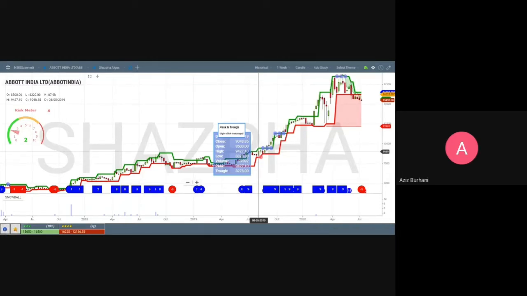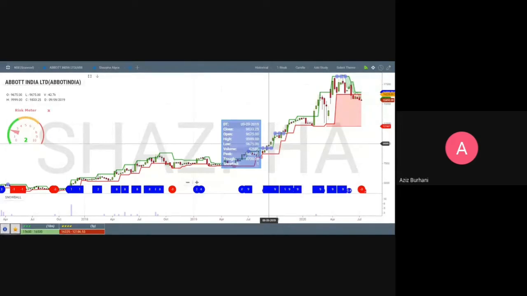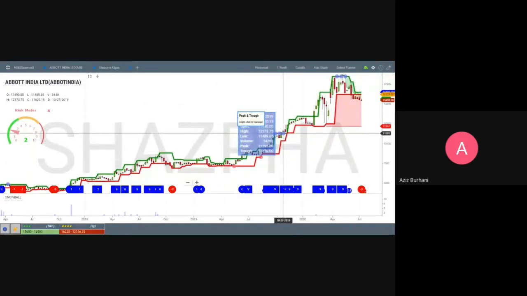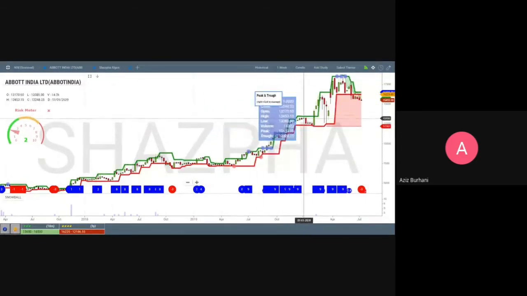So what happens is, from 7160, now this is what we mean by stop loss updation. You update your stop loss to 8278. It does not break. It goes higher to 8,700. Now your stop loss is again updated. It is now 8,700. Here it is again updated. It has gone to 10,350. It has again updated. It has gone to 11,350. Here it has again updated. It has gone to 12,329.